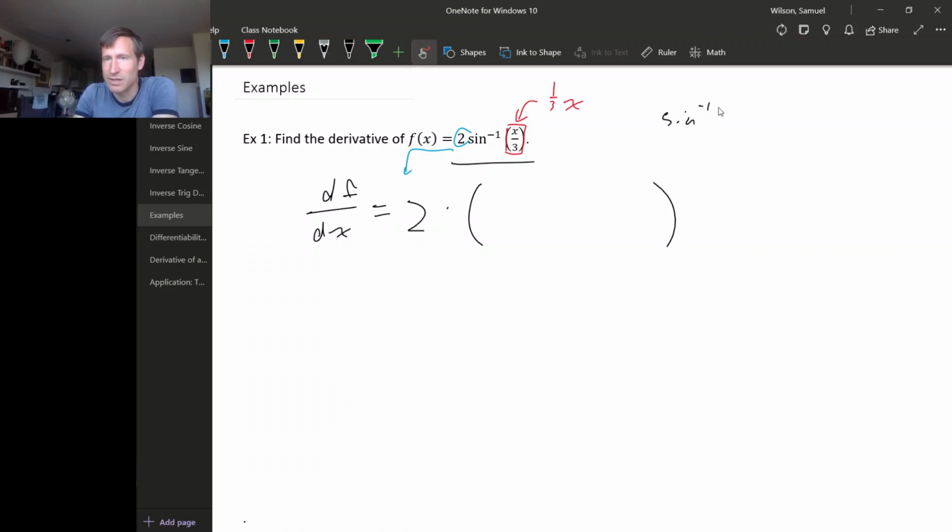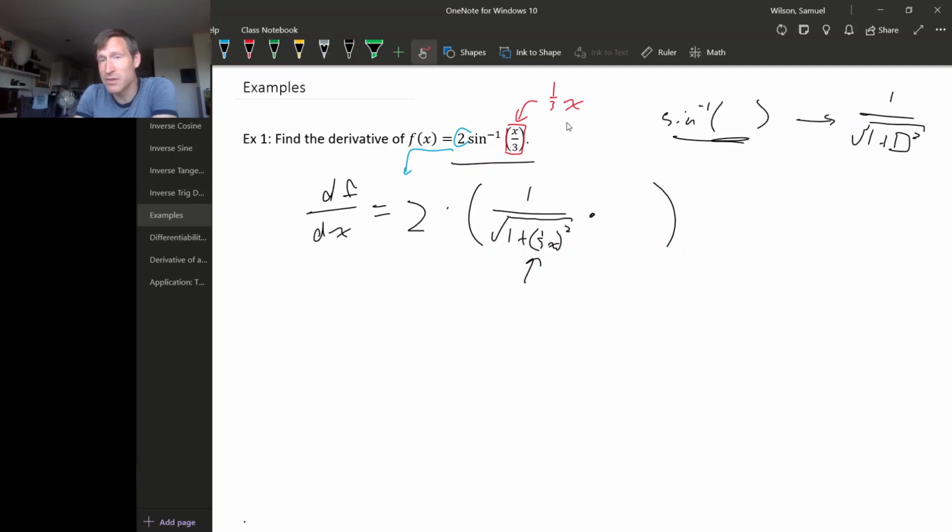The derivative of this function is 1 over the square root of 1 plus whatever the input was squared. So we get 1 over the square root of 1 plus, and then we put the inside function into this, and the inside function is 1/3 x. Now we need to multiply by the derivative of the inside function, but that's just 1/3. So what we get is 2/3